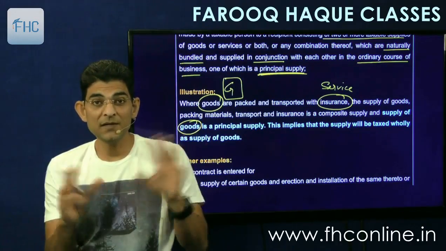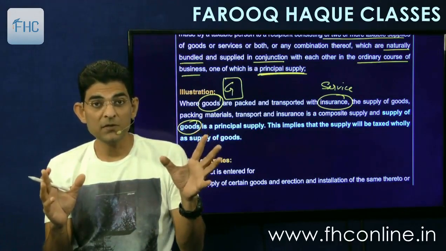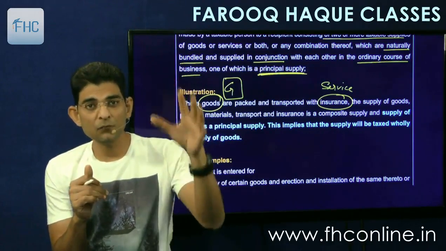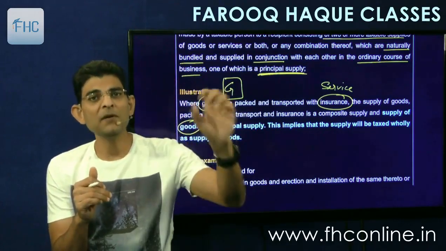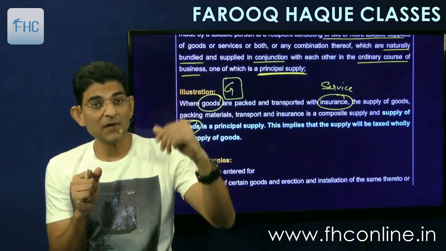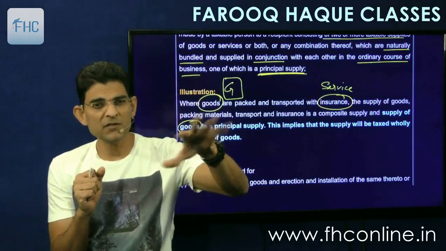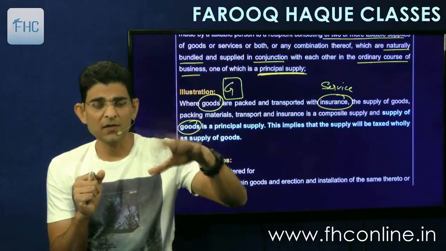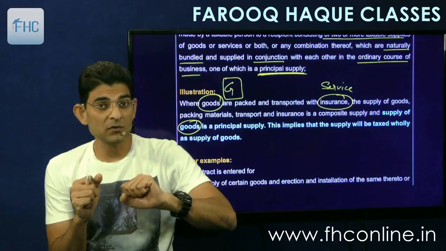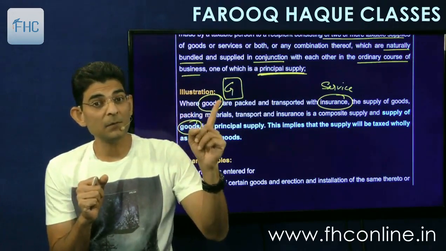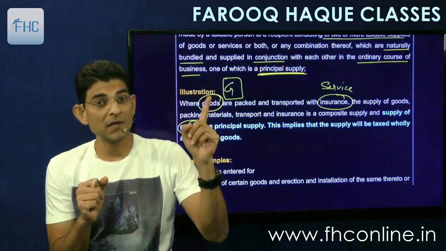If I am selling a TV worth 5 lakh rupees, that TV is the main thing now. The insurance, the packing, the forwarding, those are supplementary things, but TV is the main thing. So I have charged 5 lakhs from you plus 50,000 for all these other things, forwarding, packing and insurance and everything. So total amount charged 5,50,000. So full 5,50,000 will be chargeable at the rate applicable to goods, that is the television set.